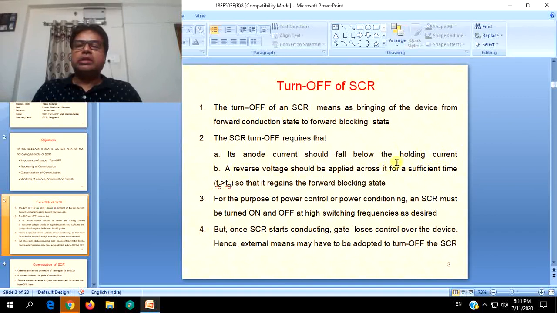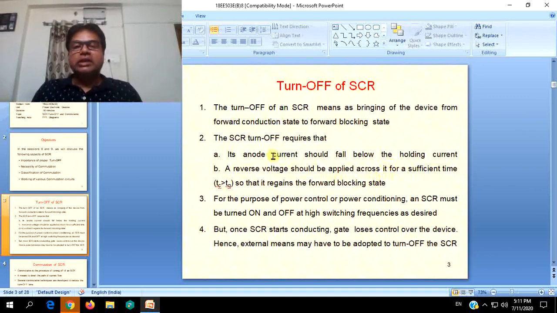So whenever the current flowing through the SCR in the on state falls below the holding current due to some reason, then it will come to the forward blocking state or off state. But again, it will not be just sufficient. Even when the gate signal is not there in the forward blocking state, if the voltage increases up to some value, even less than the forward breakover voltage, during this condition it may turn on falsely.